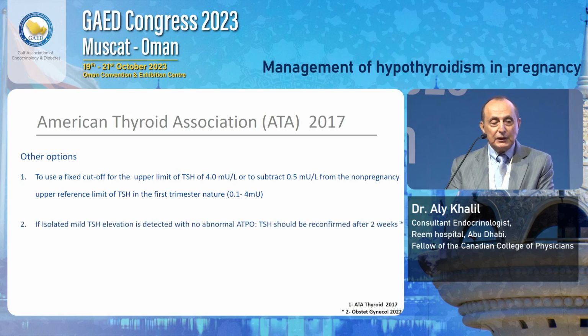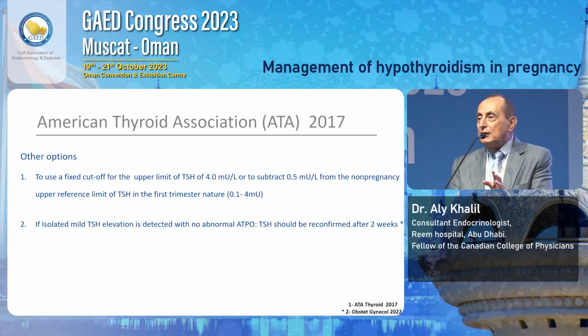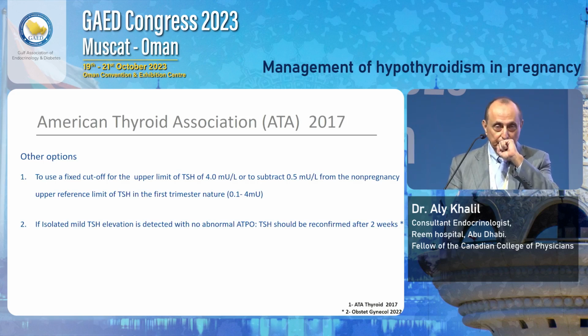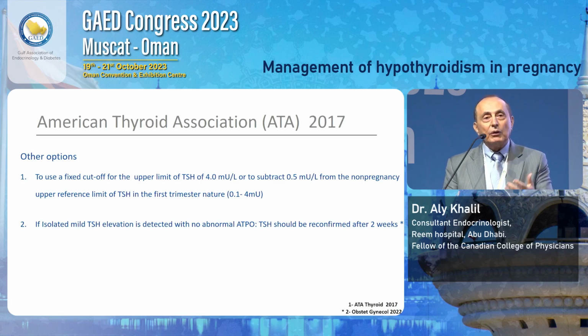Having said this, if you found that TSH is done, you ask for antibodies, antibodies are negative, and your TSH is in that range between 4 and 5, please do not act on it immediately. Repeat your TSH in 2 weeks' time or 4 weeks' time. In one study, 30% of repeated TSH turned back to be within the normal range. So that will avoid you going into a whole long list of things that you need to do during pregnancy.